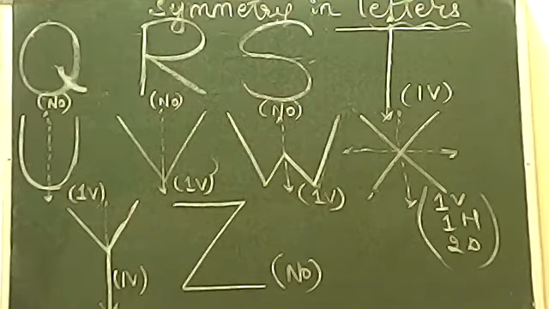Correct. So the correct answer is H, I, O, X. Absolutely correct answer. We have 4 alphabets which are having both the lines of symmetry. Now, can you tell me in the whole alphabet series from A to Z, do you find any regular consecutive